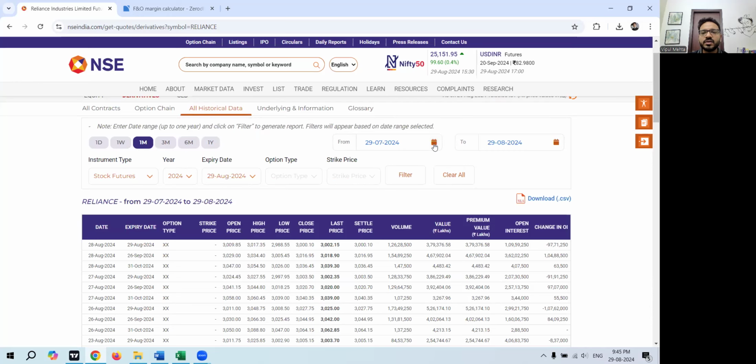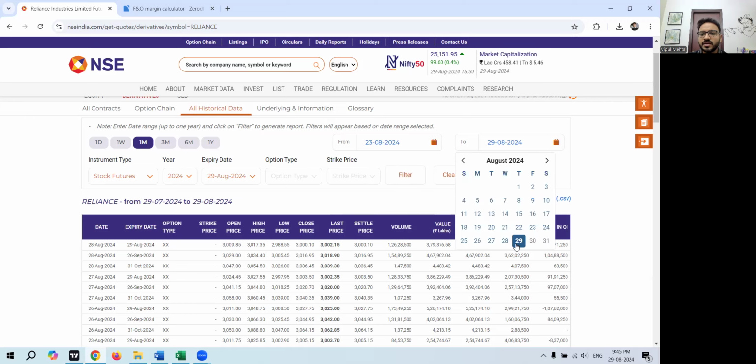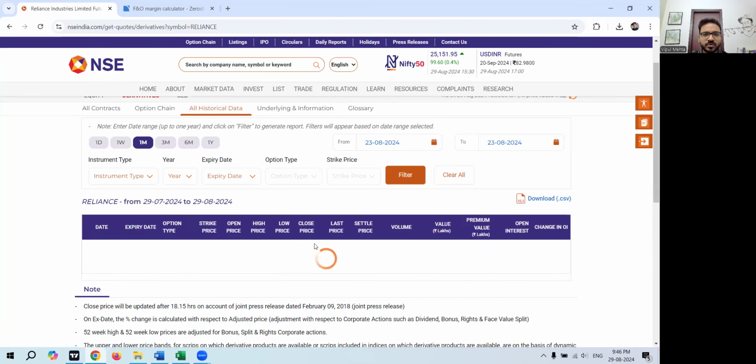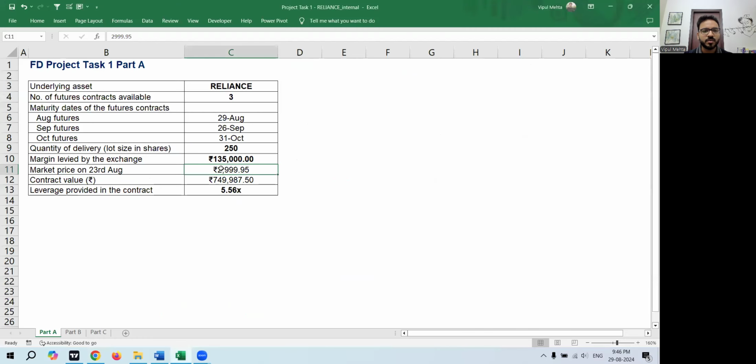Now which date are we looking for? In this case, I only want to see 23rd August को क्या price था, not 24th, 23rd August से. So from which date to 23rd August, एक ही दिन का लेते हैं, and press filter. So filter is the button that you press here to filter the report. So now अब इसने दिखा दिया 29th August expiry futures का जो price है, that is 3005.15. Okay, so 3005 रुपए लगभग closing price था 23 तारीख को, 23rd August को. So let's populate this here,